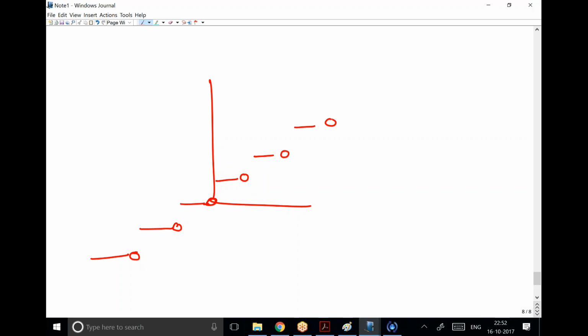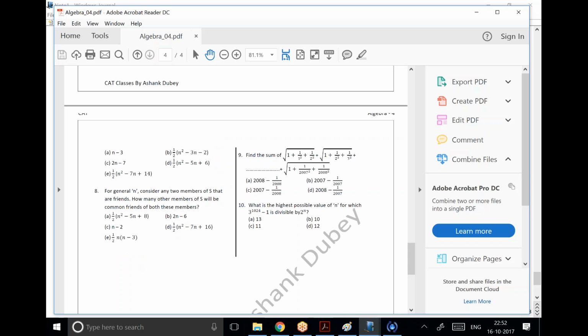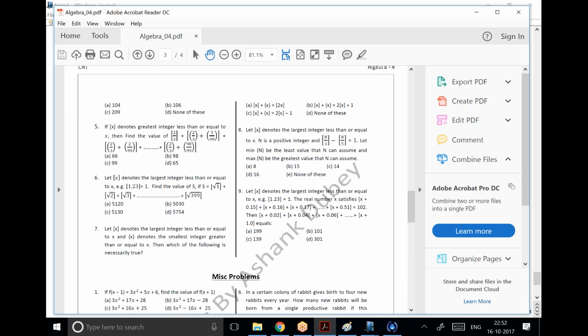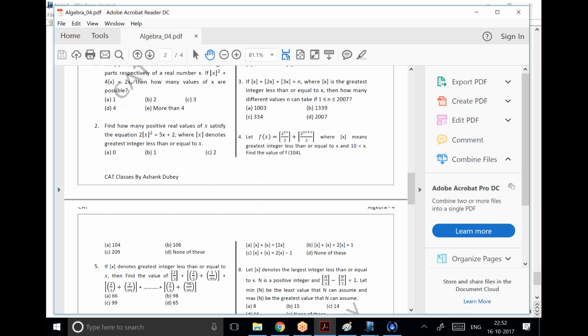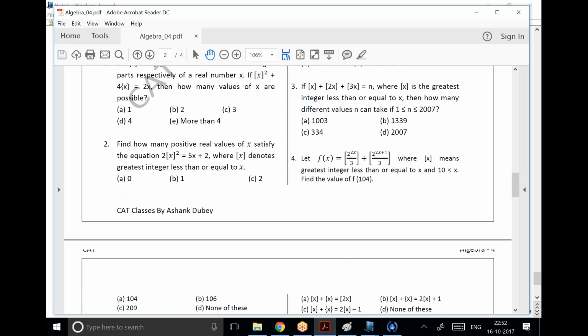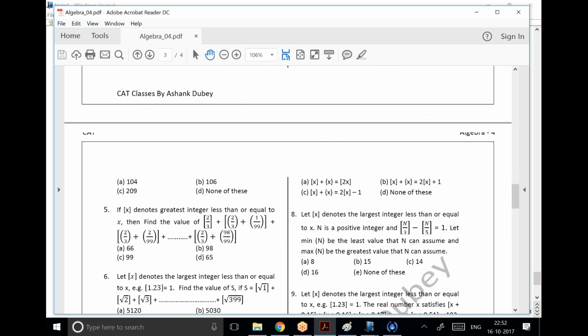So we'll solve 2-3 questions based upon this, and then we will end the class. And functions we will discuss in detail in tomorrow's class, right? So why don't you try out a few questions from here. Let's try out questions which have already come in CAT. So greatest integer function,